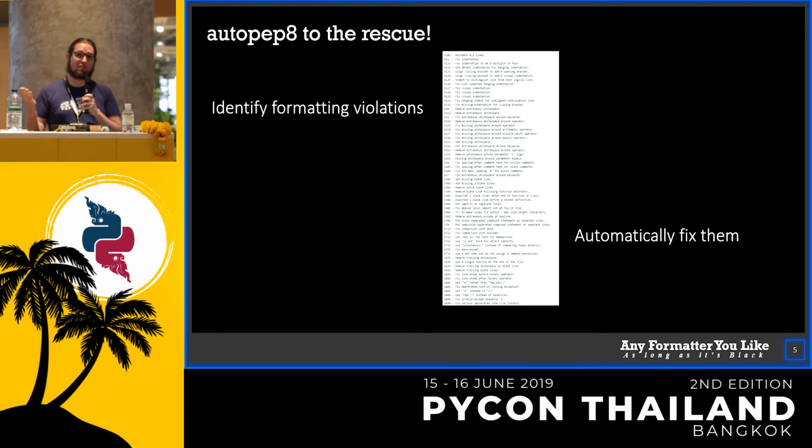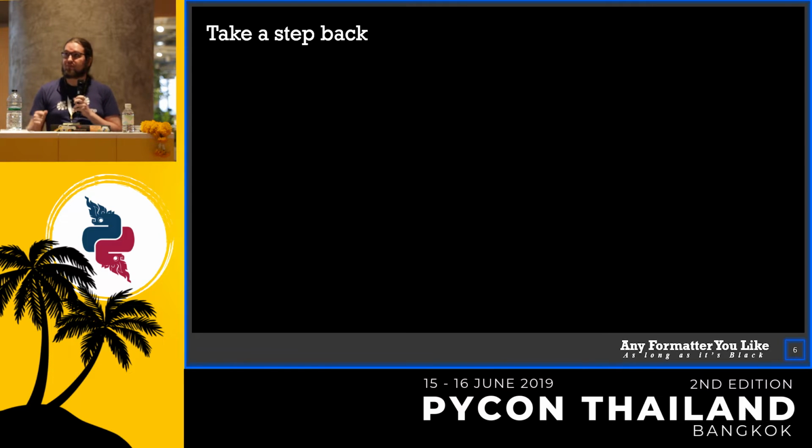And you can argue one of the ways to solve this problem is by adding more and more rules. Let's say we add 5 or 10 times more rules as this. Good luck maintaining those, by the way. But even if you add 10 times as many rules, who can guarantee you that it will cover all possible Python code bases? No one really. So let's take a step back.